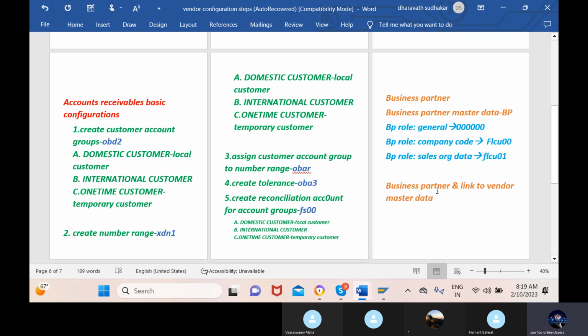We are linking business partner to vendor master, to different customer account groups. The first step was define number range, and the second one was define grouping,